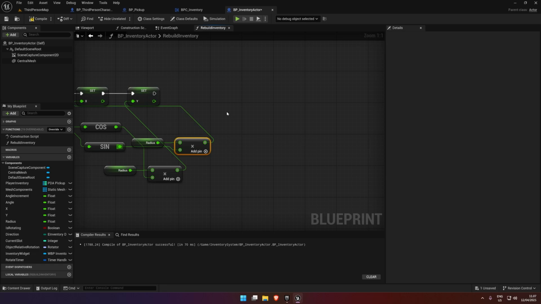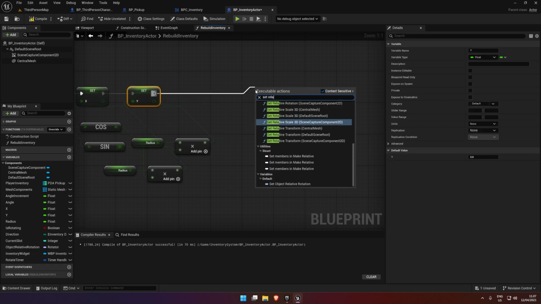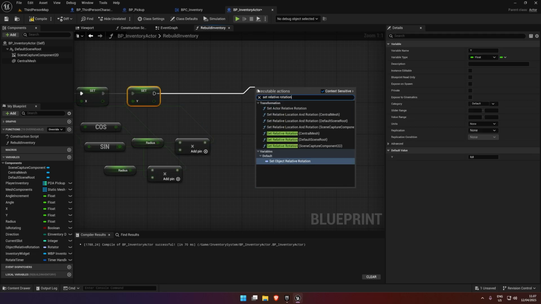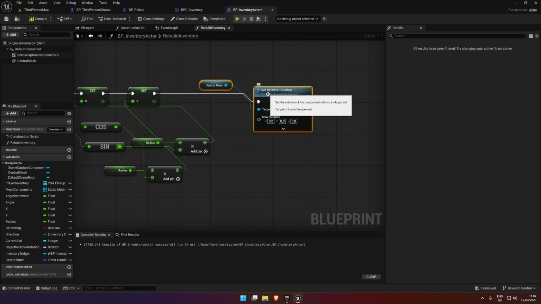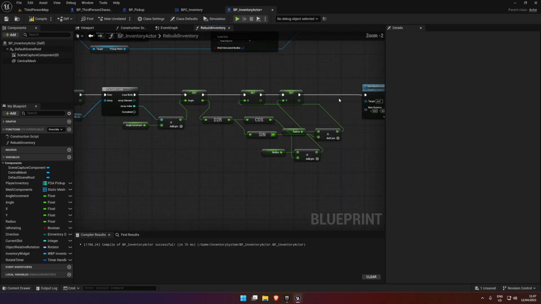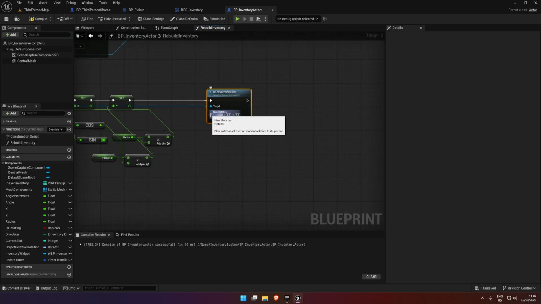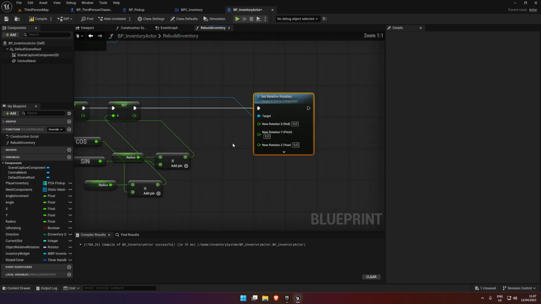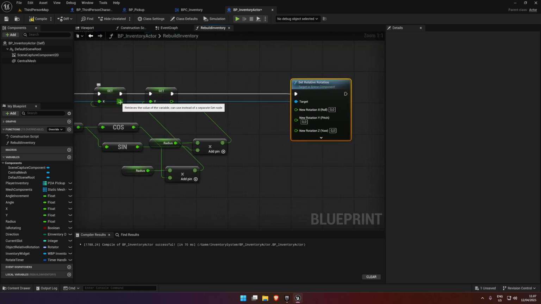Once we've got that, we're going to set relative rotation on not the central mesh, but the array element here. The rotation, we can right click and split. And we're going to plug in the X here, there, and the Y to there, like that. So once we've done that,